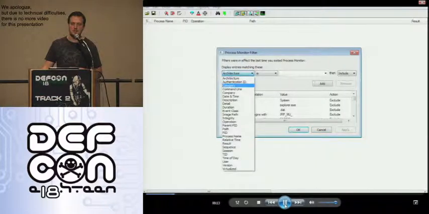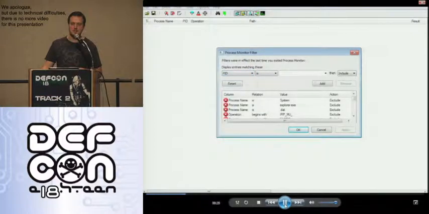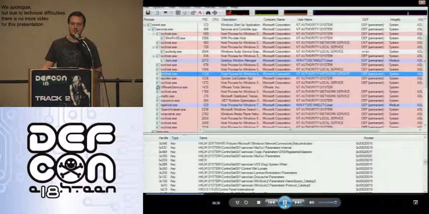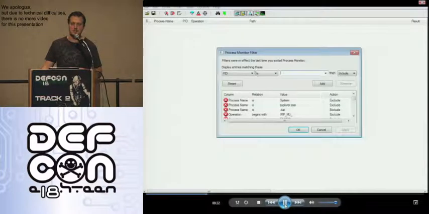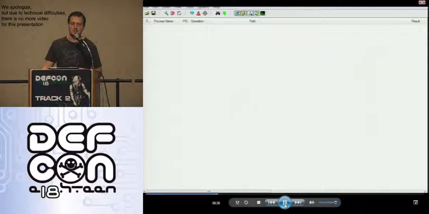You can filter by process ID to display activity of a specific process, by process name, by path of the object that is being accessed, etc. You have a lot of options. This is also a very powerful tool, and you can monitor registry access, file access, and network access at the same time. So what I did was set a filter to monitor only the telephony service and run the tool.